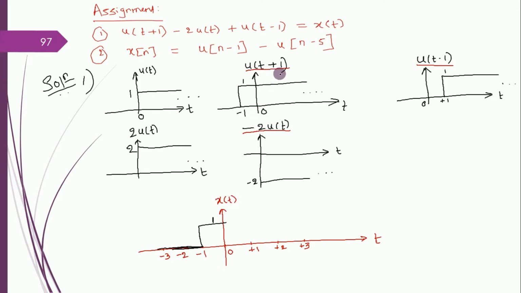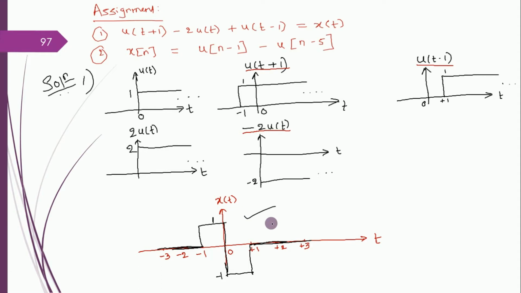From 0 to 1, I have u(t+1) with amplitude 1 and -2u(t) with amplitude minus 2, but u(t-1) has a 0 value. So the amplitude is 1 plus minus 2, which gives minus 1. It will continue with amplitude minus 1 from 0 to plus 1. From plus 1 onwards, u(t+1) and -2u(t) continue in the same manner. If there were only these two signals, it would continue till infinity. But we have one more signal, u(t-1), whose amplitude 1 is added after t equal to plus 1. Adding amplitude 1 takes the resultant signal to amplitude 0, and it continues thereafter. So this is your resultant